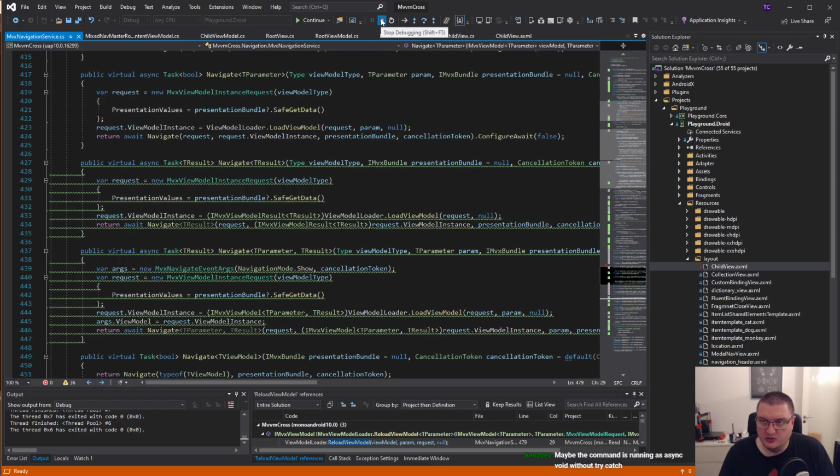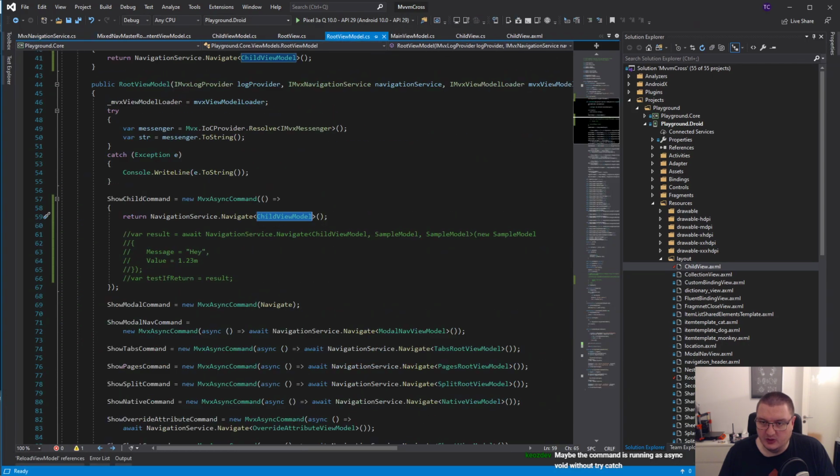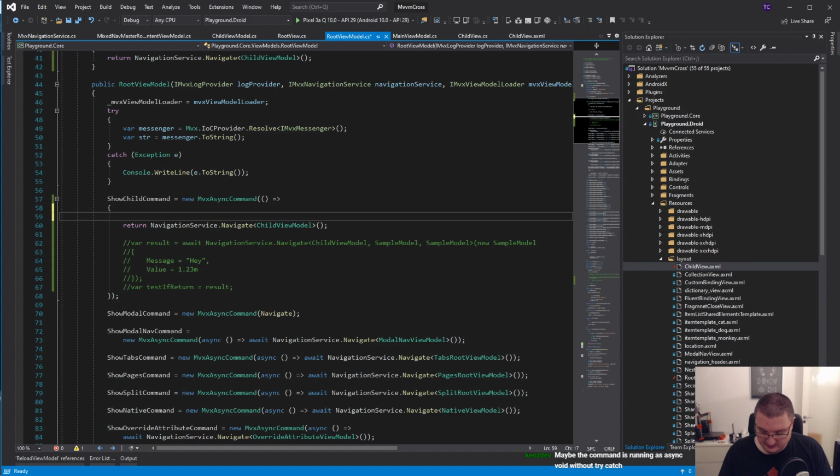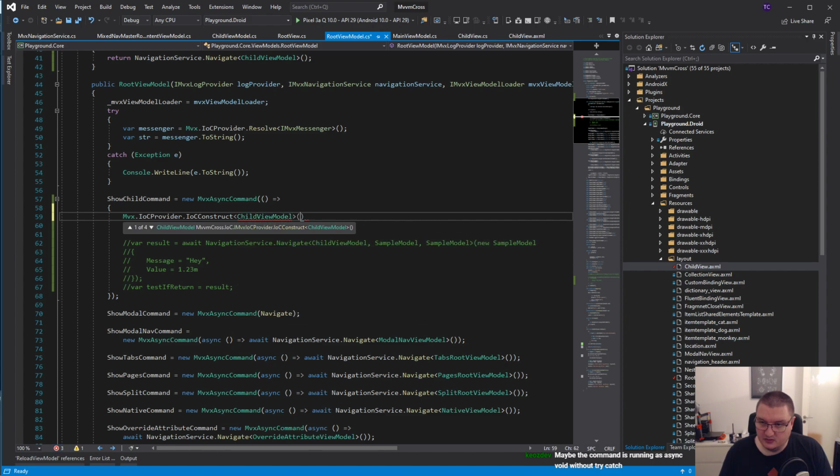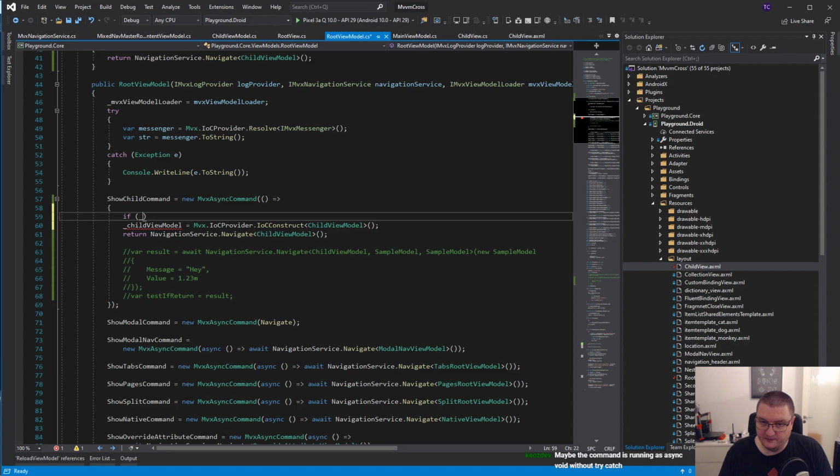The way we would not recreate this one would be to actually create an instance here. So in a similar fashion, IFC construct child view model. So if we did something like this, if it's null, and we create it, otherwise